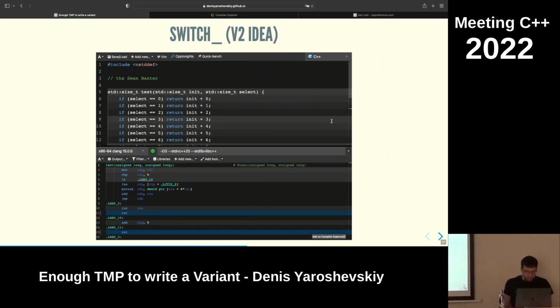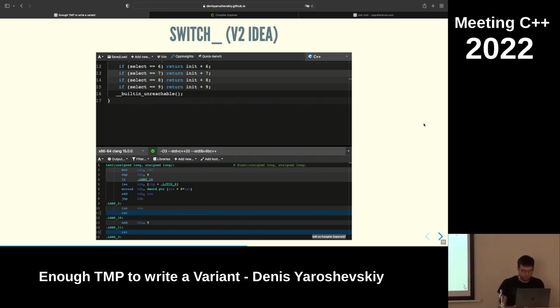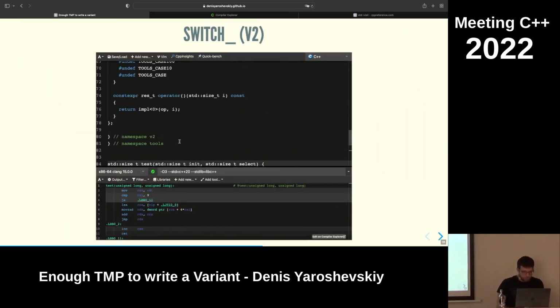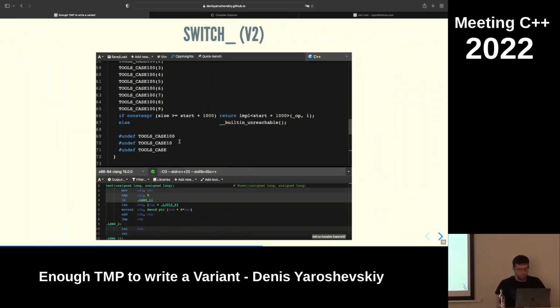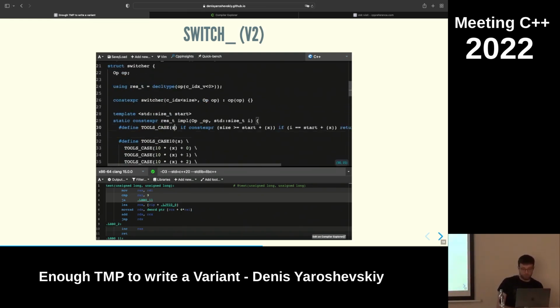A second implementation is, I learned from Sean Baxter, that Clang and GCC can optimize a sequence of ifs into the correct solution. So we're going to generate a sequence of ifs, and we're going to generate it with a macro. Basically, the macro has two cases.